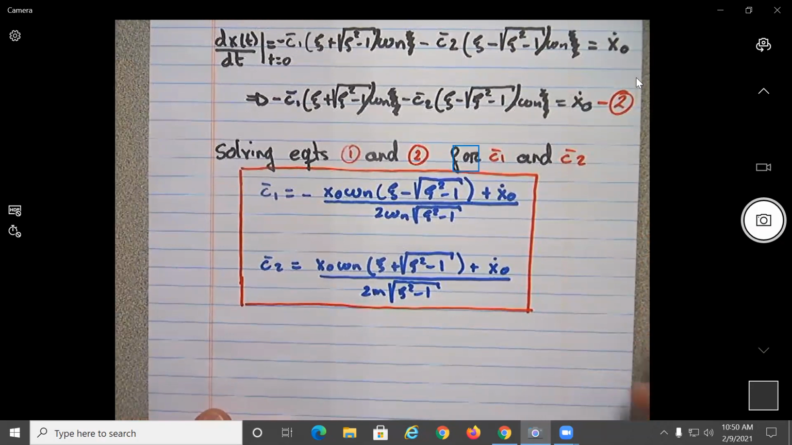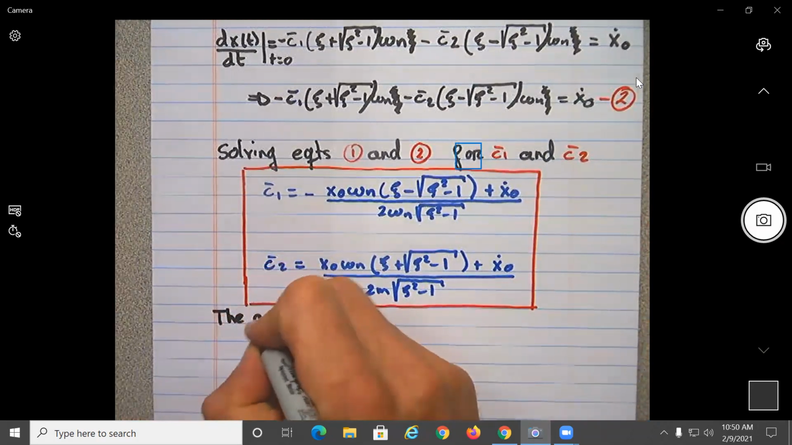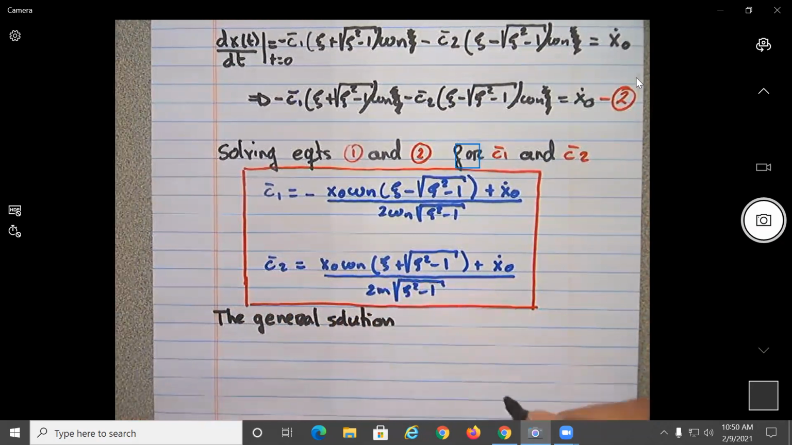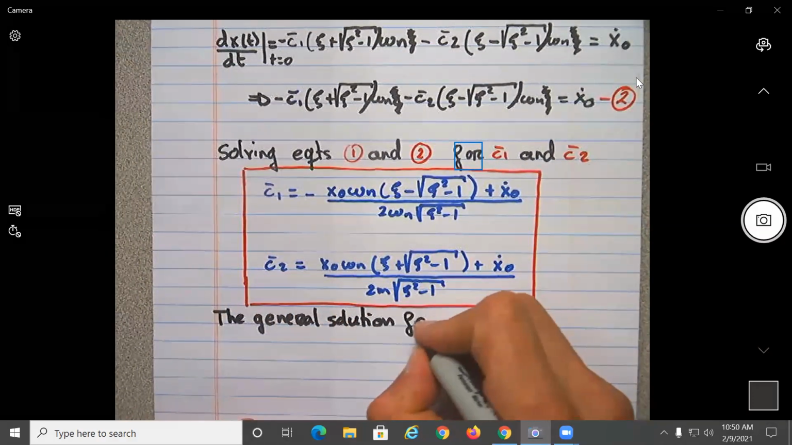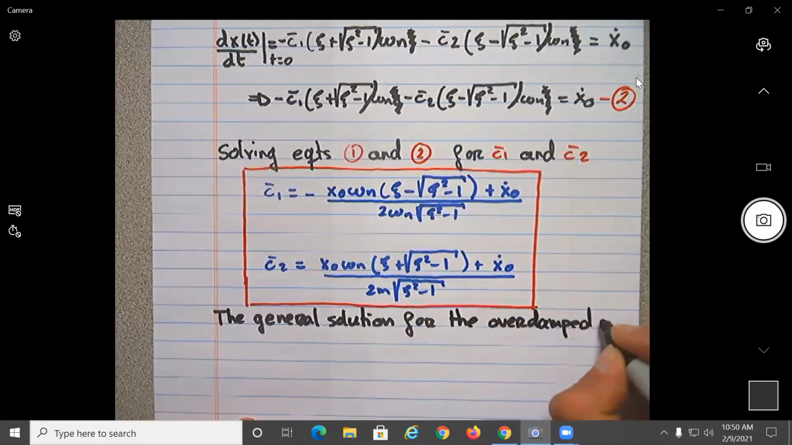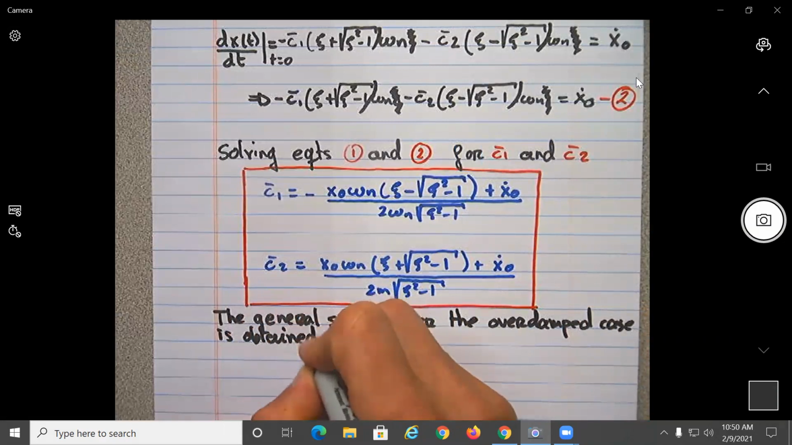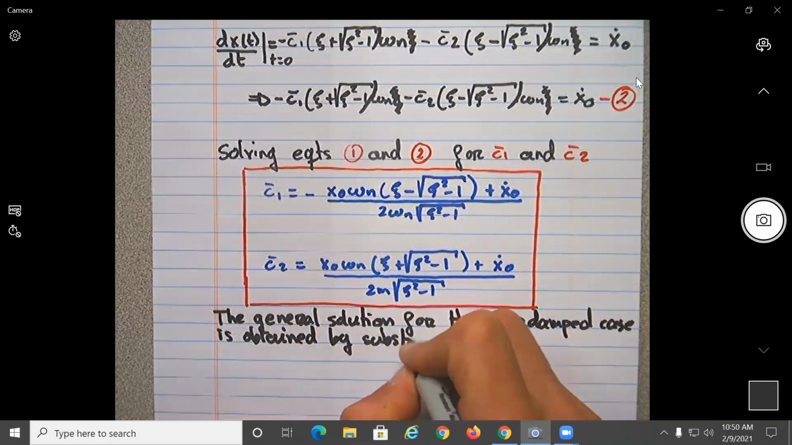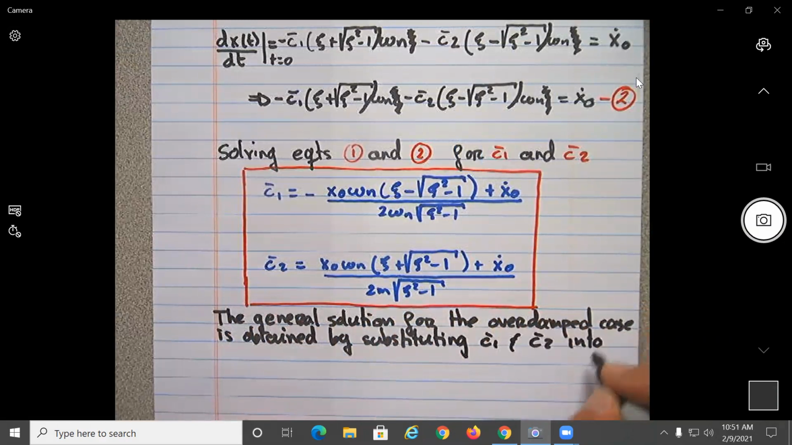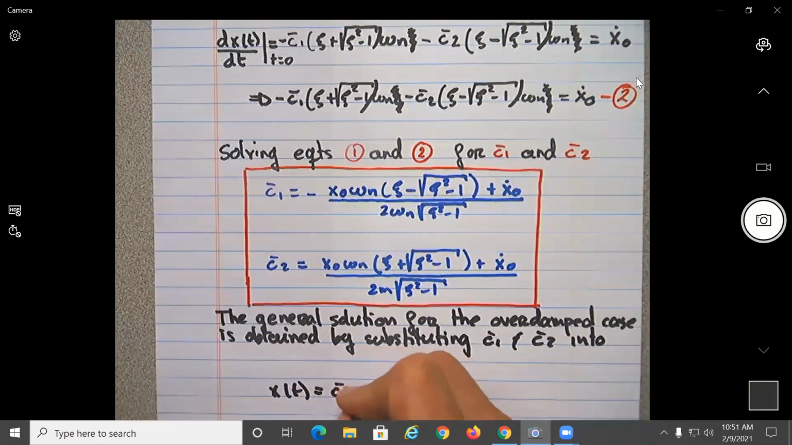So as you can imagine, I'm not going to rewrite the same equation part in this term. I'm just going to say the general solution for the overdamped case is obtained by substituting C bar 1 and C bar 2 into the equation x of t equal C bar 1